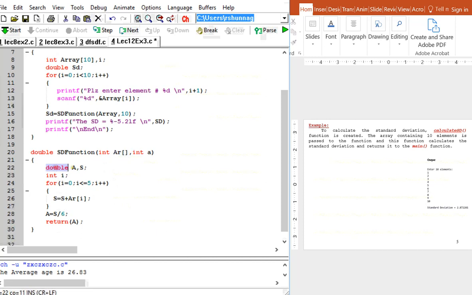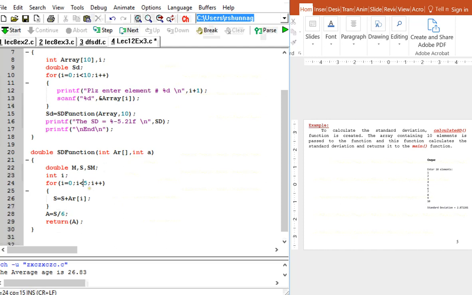So we need doubles: we need the mean, by the way, and the standard deviation, say S. To calculate the standard deviation, we also need the second mean. I will show you the definition later. To go from one array element to the next, we need the counter I, because we need a loop. I equals 0, I less than or equal to